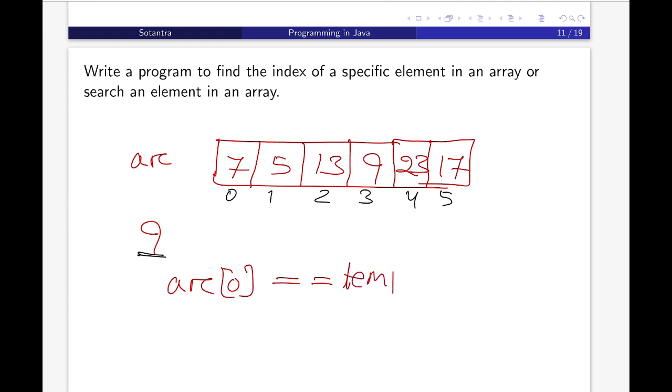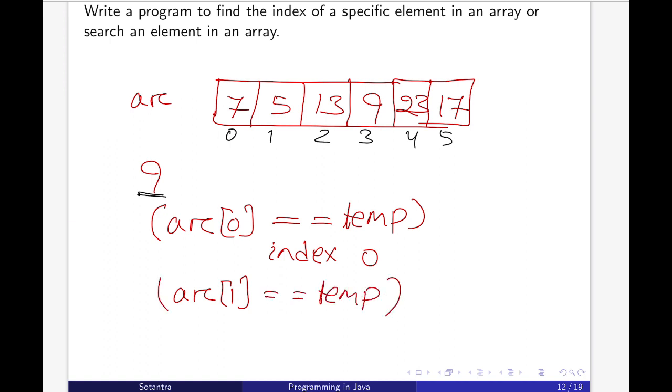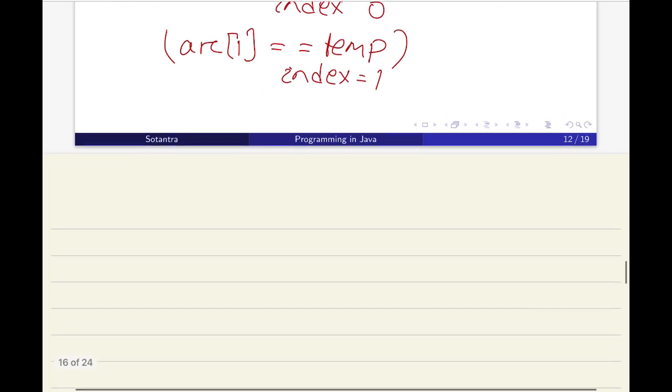Assume the given element we are storing in temp. So if AR of 0 equal to temp, then the index is 0, and if it is not equal, then we will check AR of 1 equal to temp,